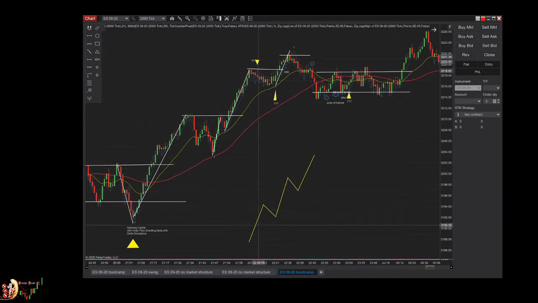How can you check if the length is equal? You can use the Fibonacci extension. Go to your drawing tool, not retracement, but Fib extension. Click on it and draw it from the low point of your impulse to the high of your impulse, and then to the retrace. If you see that your impulse move is the same length, meaning the length of this move is the same as the length of this move, that's why we call it a one-to-one extension, because it's 100%. Then most of the time you will have a retrace.